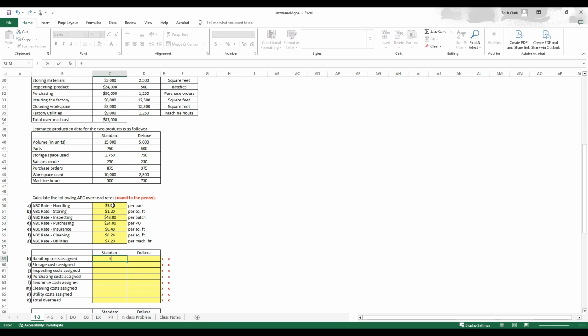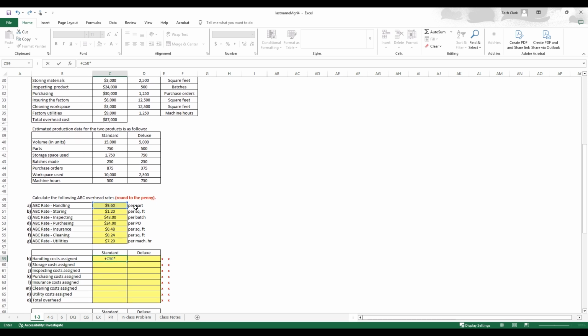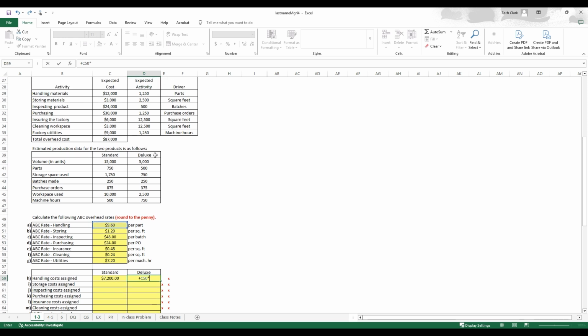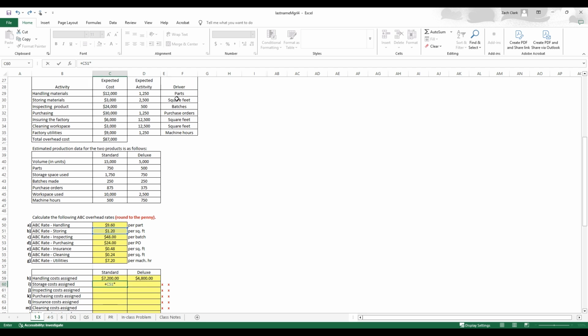based on the usage that the two different types of products are using. So for handling costs, for instance, that is based on parts, and we can see that standard is using 750 parts. And then similarly, we'll go 960 per part, and the deluxe uses 500 parts. Okay. Storage costs assigned $1.20, and the amount of square